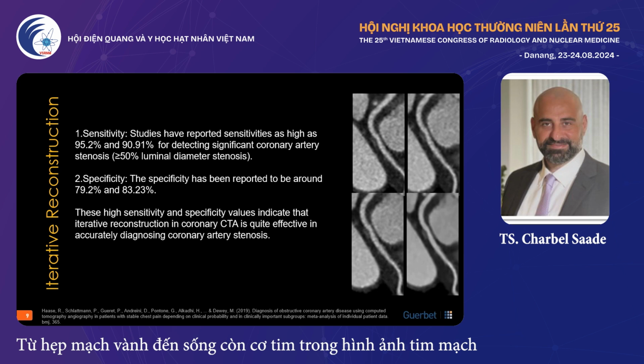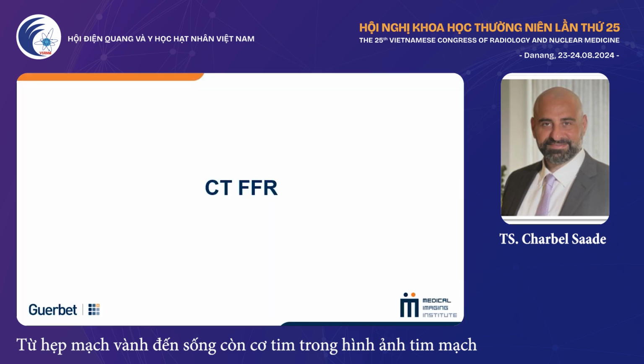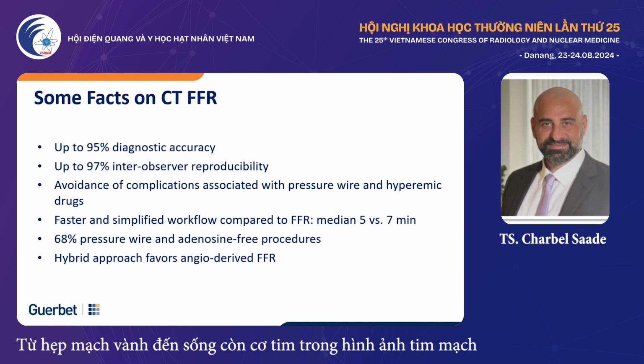coronary artery stenosis. We've started to move away from coronary artery stenosis in its terms, and now we're starting to look at CT-FFR. Fractional flow reserve has a 95% diagnostic accuracy. It has a 97% intra-observer reproducibility. It does avoid a lot of complications associated with pressure wires and hyperemic drugs. It has a faster workflow, 5 versus 7 minutes, 68% pressure wire and adenosine-free procedures, and hybrid favors angio-derived